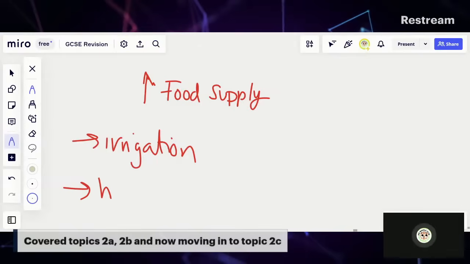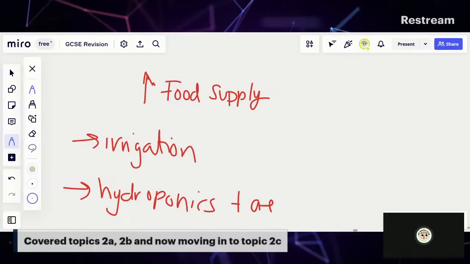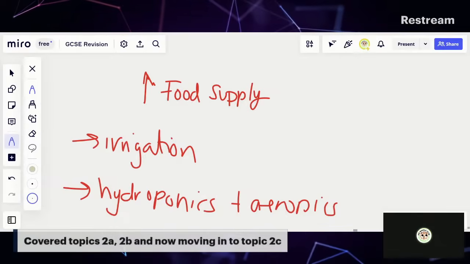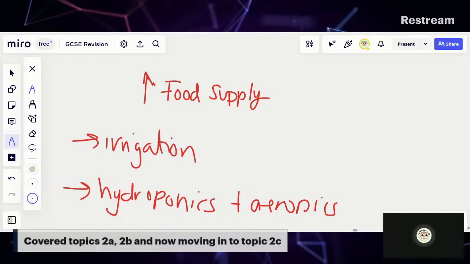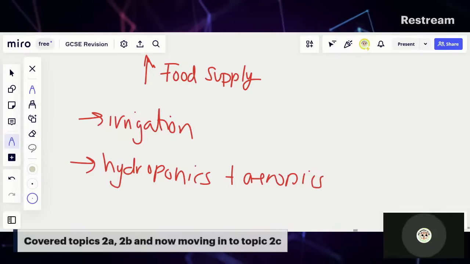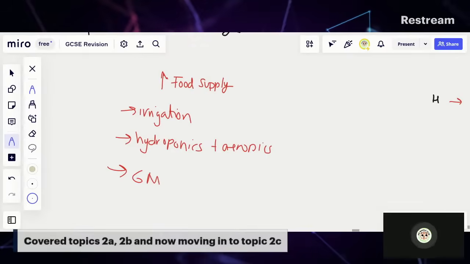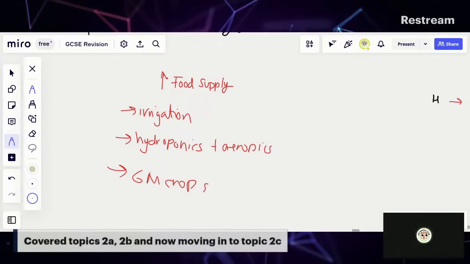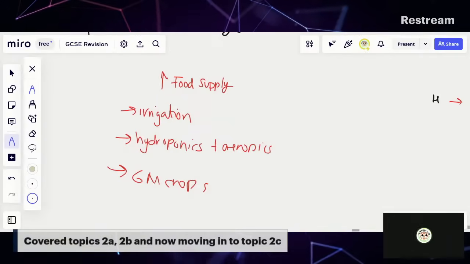Another method is hydroponics and aeroponics. Hydroponics and aeroponics are methods of growing plants without soil. So this could be hydroponics, where it's just in a nutrient solution, practically similar to water, and aeroponics, when they're just suspended in air and the water containing the nutrients is sprayed at them and it's then recycled, so there's less wastage. You also have biotechnology. Biotechnology is genetically engineering the crops, so things like GM crops, genetically modified crops, to be resistant to drought, higher yields, higher nutritional value, making sure that they're ethical, making sure that they have lots